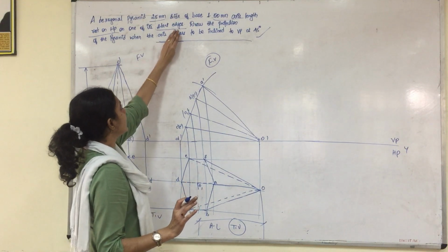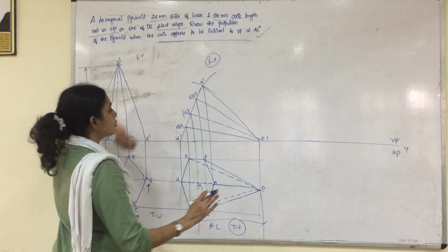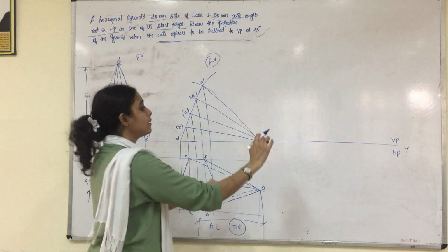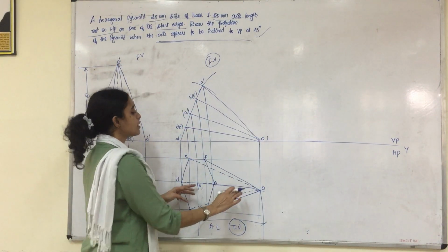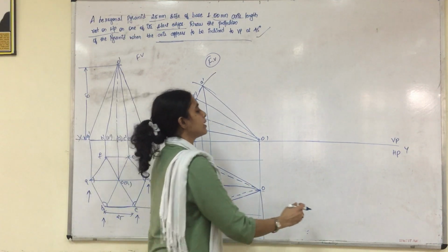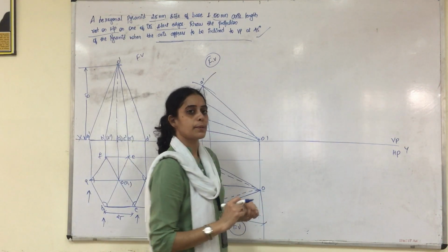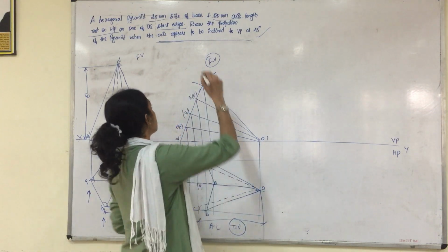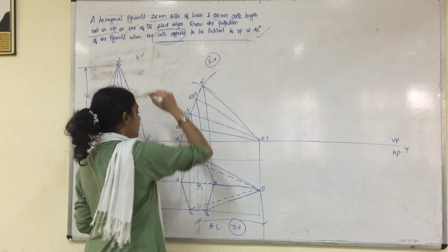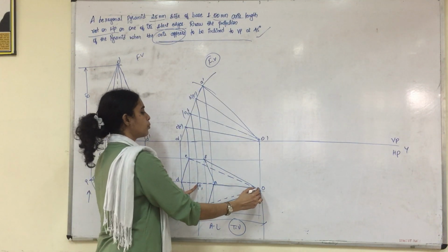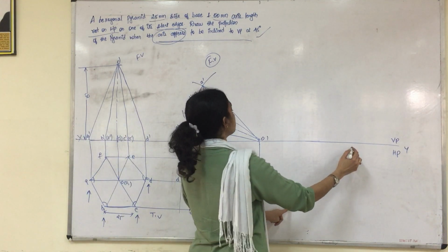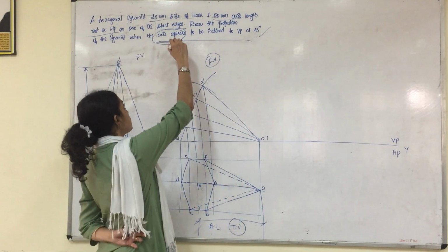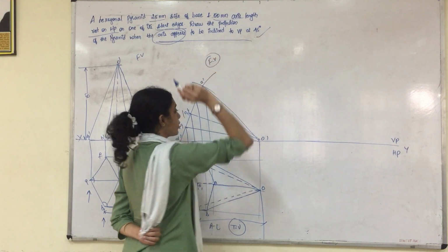If it was told directly inclined to VP, then we have to take 45 degree to VP, take the true length first, then cut an arc, draw the locus, measure the apparent length, then extend the line to XY plane, determine beta angle, then reconstruct this entirely. But since it is told only appears to be, we will directly shift the apparent length from O1 to O to the VP inclination which is given in the question. So here the axis appears to be inclined to VP at 45.